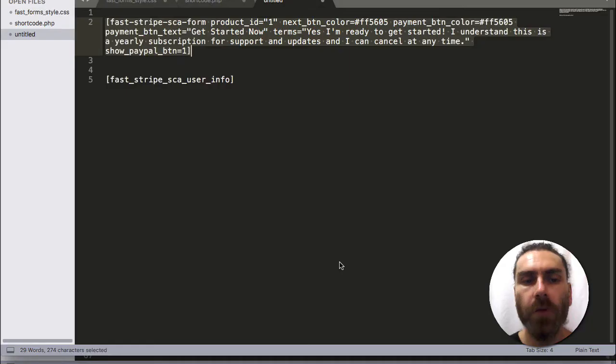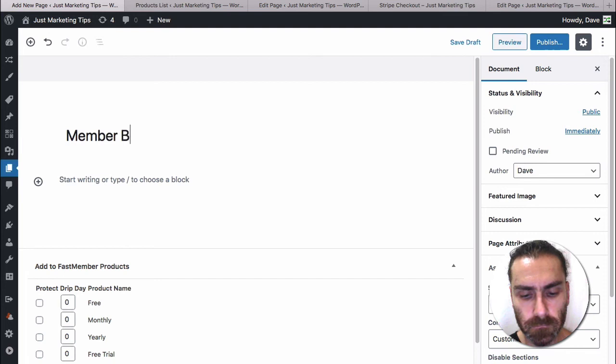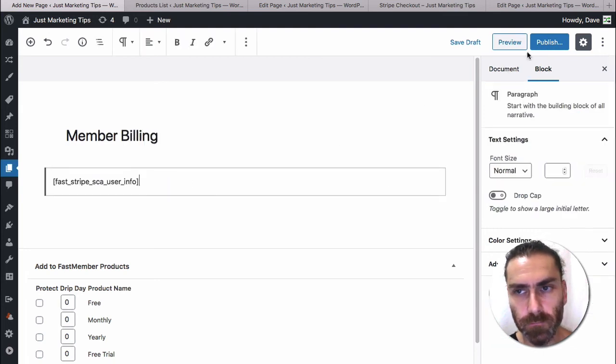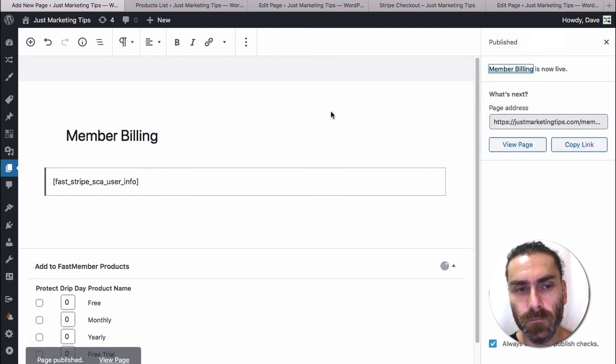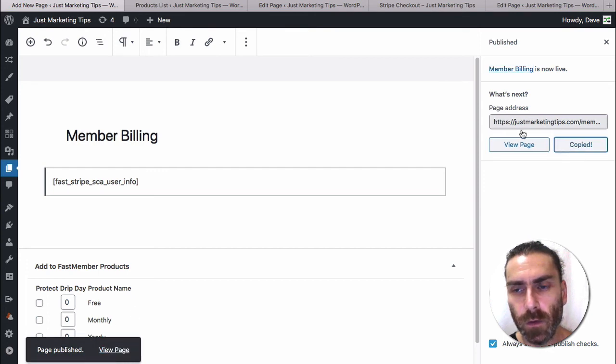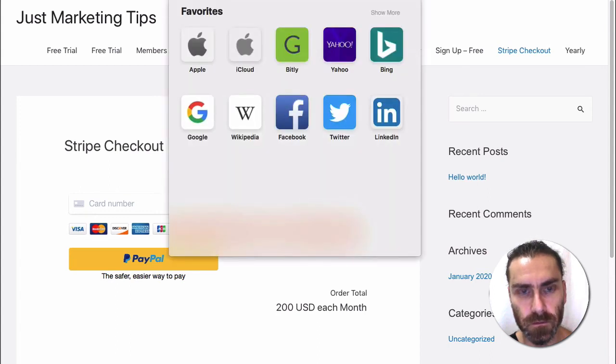Now there is another shortcode that I'd like to show you. So this shortcode here is actually used for adding a members billing area. So if we just copy this, and we basically just want to create a new page, so we'll just call this members billing. And if we simply add that shortcode here and publish it, if we copy that link and view it where we're logged in as a customer, so this site here,